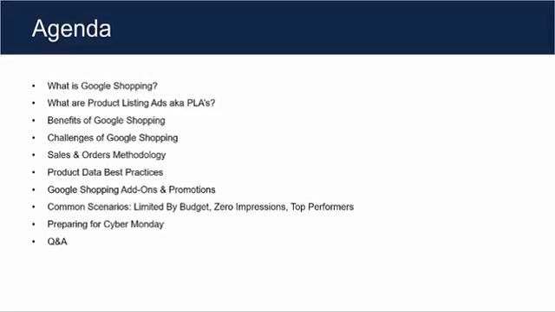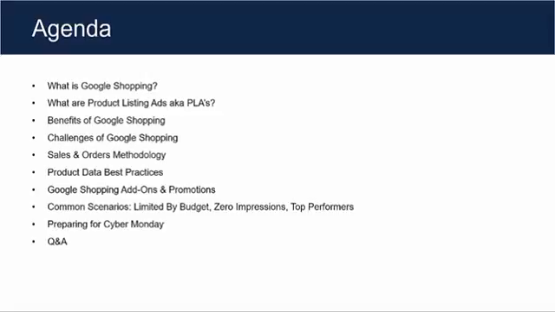Also going to tell you a little bit about our methodology here at Sales and Orders and our structure of campaigns as well as optimization. Some product data best practices, also some add-ons and promotions that you can utilize with your Google Shopping campaigns. Also going to talk about some of the common scenarios that we face on a regular basis and how to optimize and work with your campaigns towards profitability. Also preparing for Cyber Monday, so very important holiday season coming up right now, and you guys want to be selling more and making more. So going to give you some tips and advice not only to prepare for this season, but every season to come. We're going to end with some Q&A, and I just ask that you please hold your questions until the